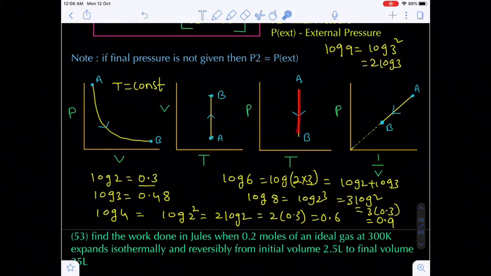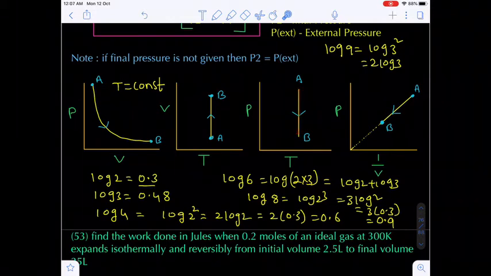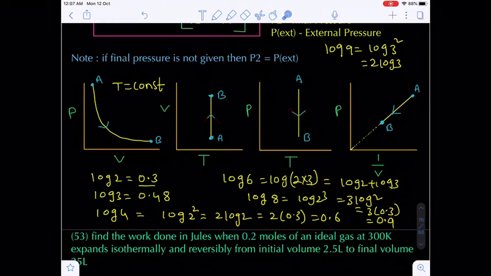Still the third graph is also pressure, temperature is constant. Parallel to y-axis or perpendicular to x-axis, that is the temperature axis. Here volume increases, so pressure has to decrease. And one more graph we are plotting is P versus 1 by V. P versus 1 by V is a straight line. If you extrapolate the straight line, which will pass through the